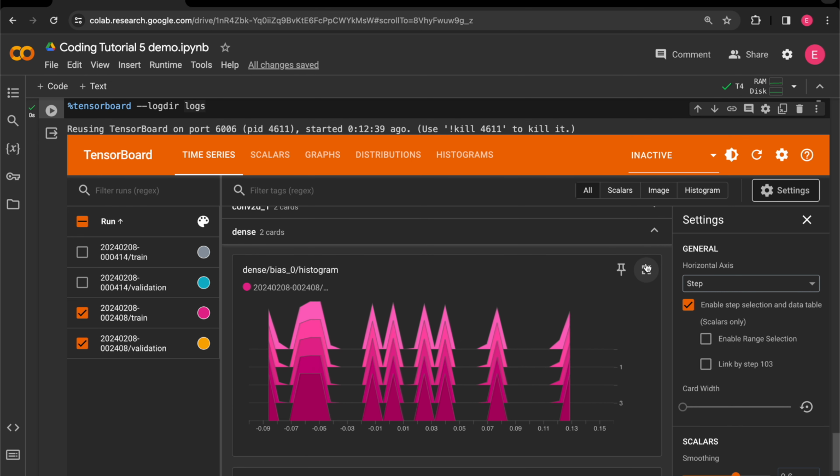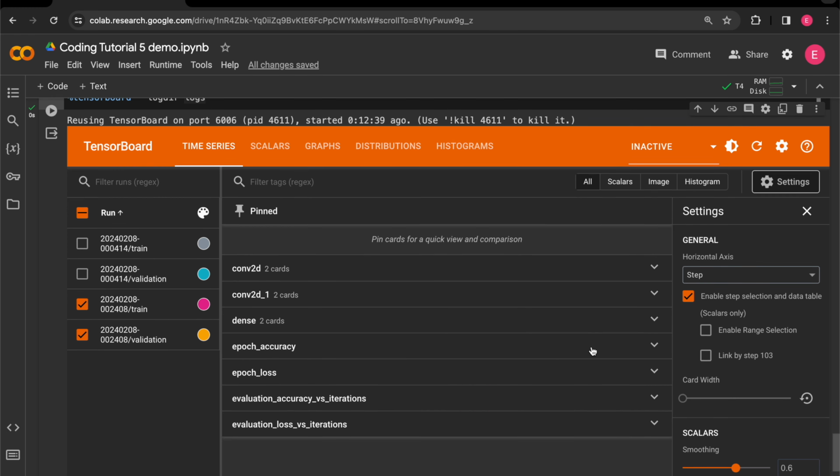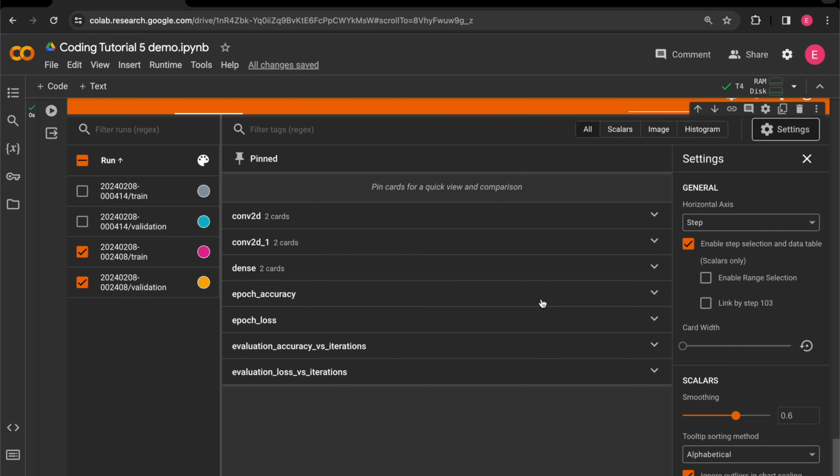Because we trained 5 epochs, here's the information of 5 different epochs. So this is very convenient. You don't have to code anything for visualization. You can just use the TensorBoard function in the callback and then call it for showing in Colab. And there's also